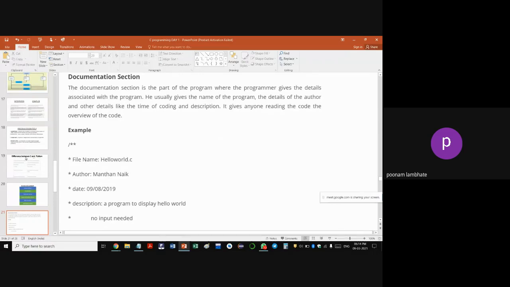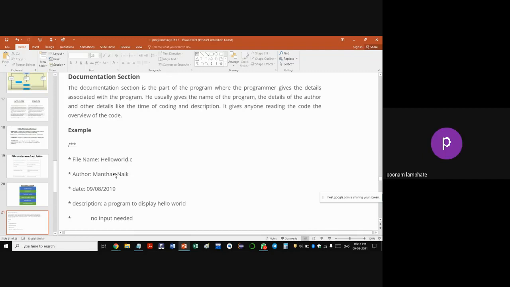So this is a basic example. You can include other details also, such as the file name or program name. The first program which you solved in Python may be hello world only. It is a basic program where you just print the statement hello world at the console window. So the file name here is hello world.c. .c means the file contains a C program.